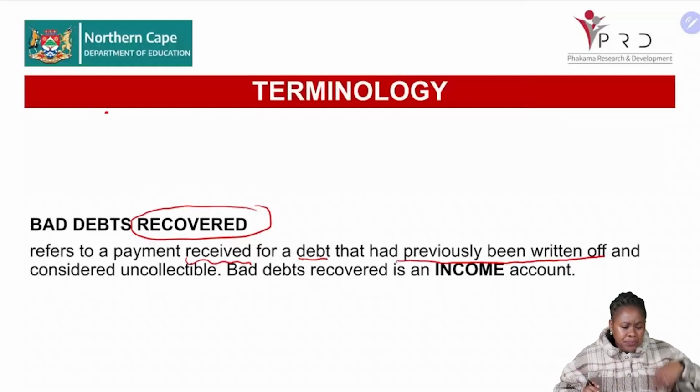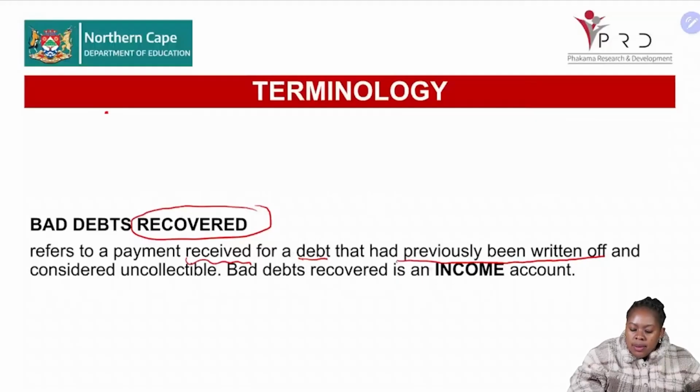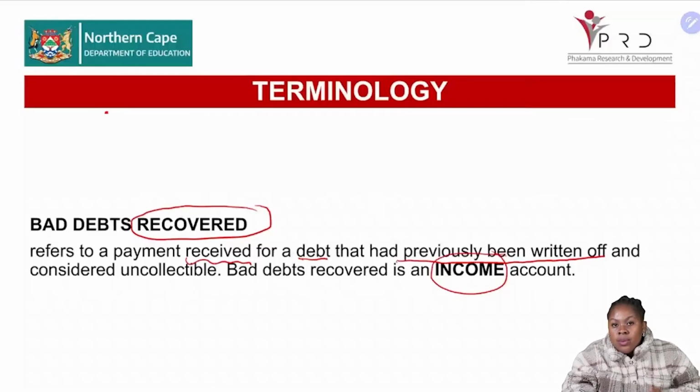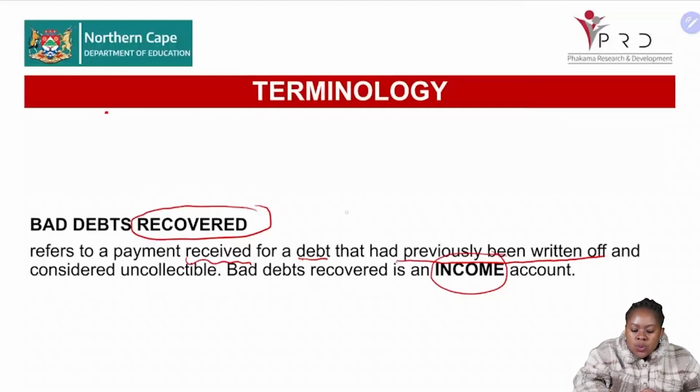Then randomly, the person that previously owed us, that we are no longer expecting money from, comes and makes a payment. Were we anticipating that payment? No. However, they paid us, and therefore we will record it under the income section because that is an income that we are receiving. So what are the accounts affected there? There will be two accounts. It will be the bank because we are receiving the money, and it will be what? It will be the bad debts